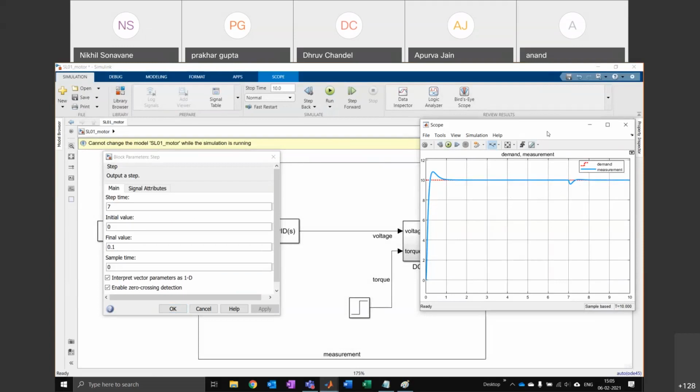Okay, so if you have a nicely tuned controller, even if you put in the outside disturbance, it will be able to maintain the same velocity without having any significant trouble. And that's the value of having control systems. So you don't have to do anything manually. You just set up the plant model, put in a PID controller, and if you tune it properly, your system will be able to withstand outside disturbances as well, and it will maintain a nice velocity.